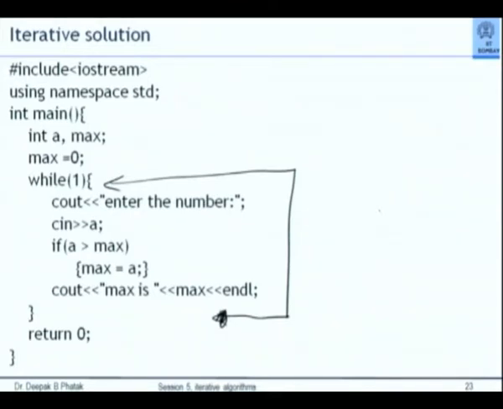Now, what does while 1 mean? We just saw that some time ago. Instead of writing a condition, I am writing a constant. And that constant is 1. If you interpret 1 as a truth value, was it false or true? True. So what have I written? I have written an infinite loop. While 1 do means till eternity keep on doing, don't come back.